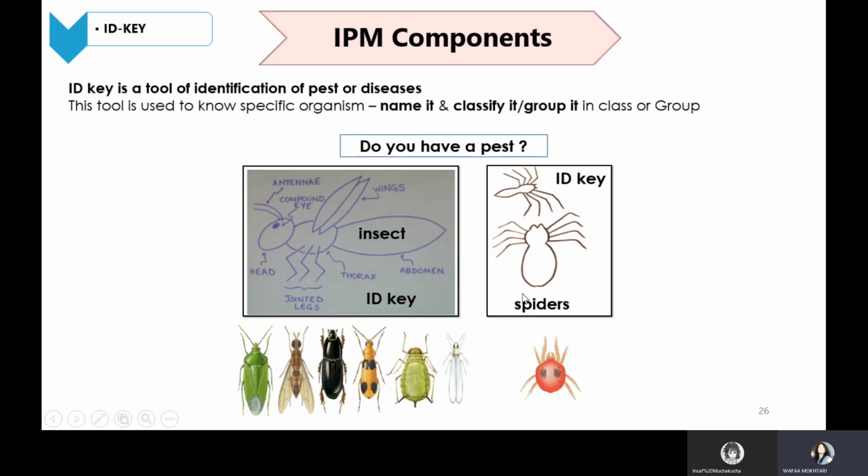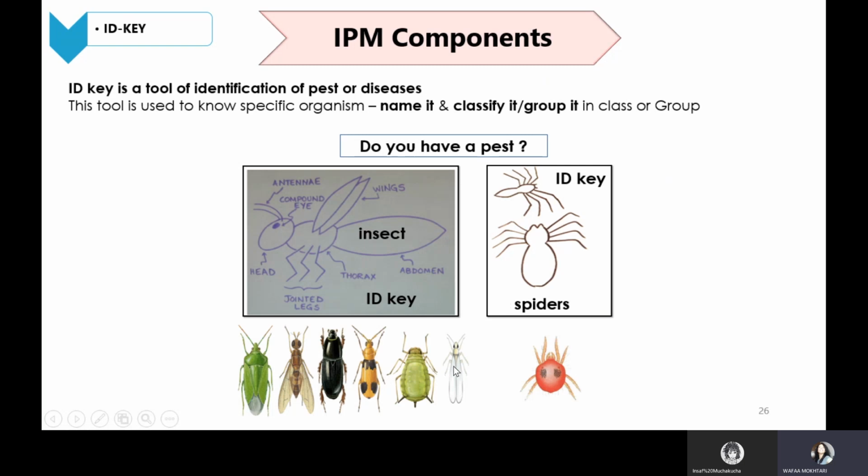However, a spider has 1, 2, 3, 4, 5, 6, 7, 8 legs. All 8 legs are attached to the thorax, because the spider has only 2 parts in the body. Okay? So in this way, you can know if you have a spider or an insect, and with time, you